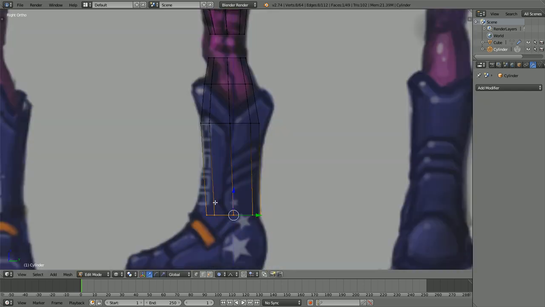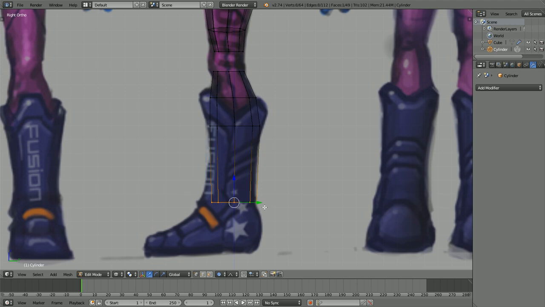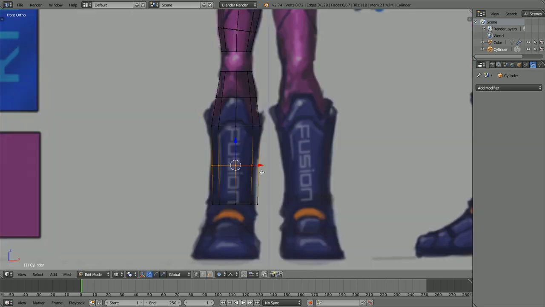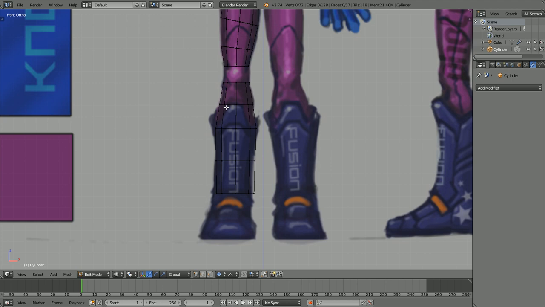And there we have it. So we're just going to continue on. Try to scale this up. It looks a little, yeah. And probably pull this down, scale it on the Y, and pull it out just to simulate the calf, even though it's like she has a huge boot. We're going to stop this where the foot is going to take place and just add a vertex just to be fancy. So we're pretty much done with that,